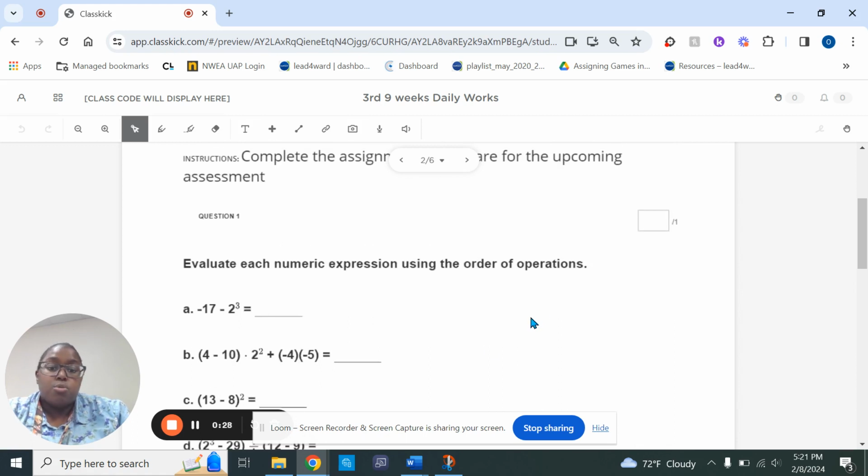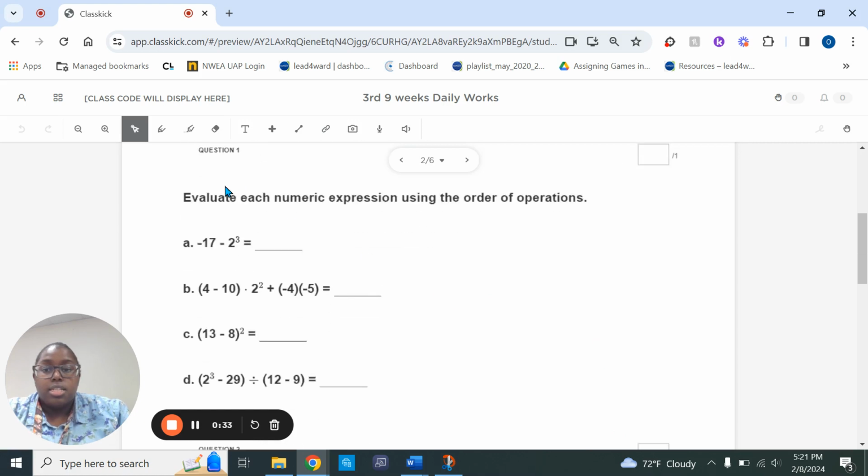So, question number 1. This is only for question number 1. It says evaluate each numeric expression using the order of operations. Remember, no matter if it's a sentence or a word problem, you always need to identify what you are trying to solve for, what you are trying to find, or what is it asking you to do. So, in this particular case,